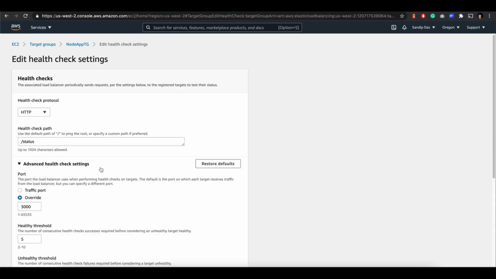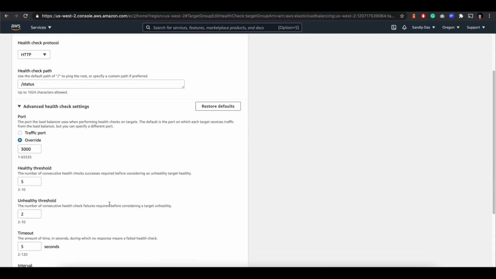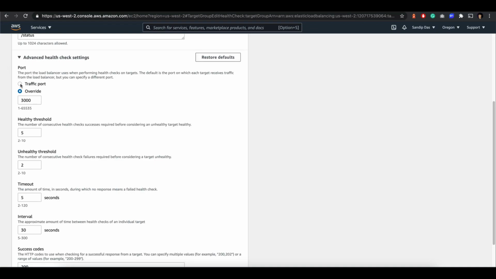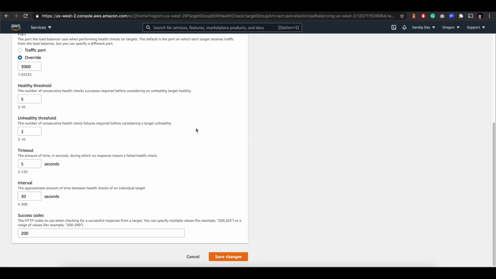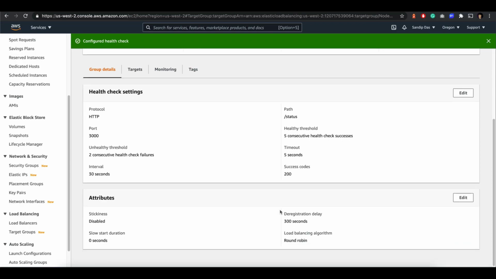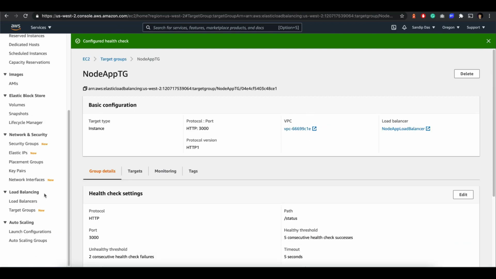Yes, save it. Advanced settings, port 3000. This traffic port is also 3000, no problem. Let's go with that. Okay, all set.